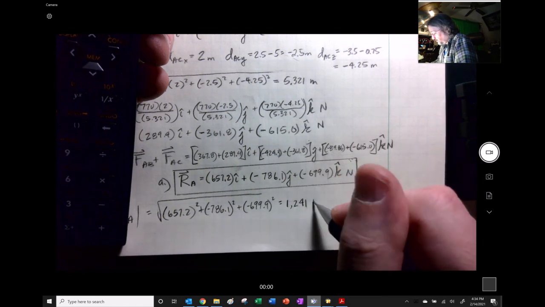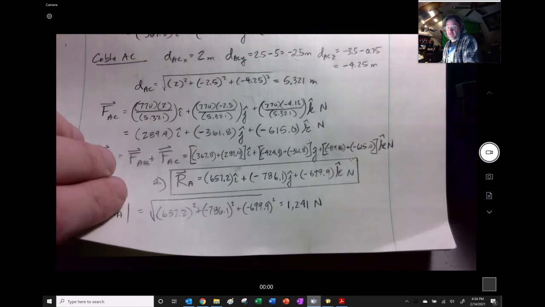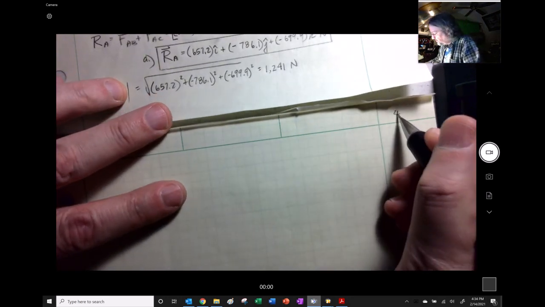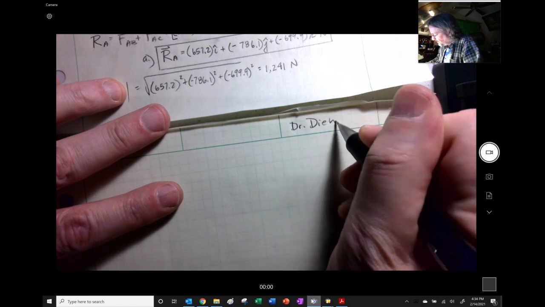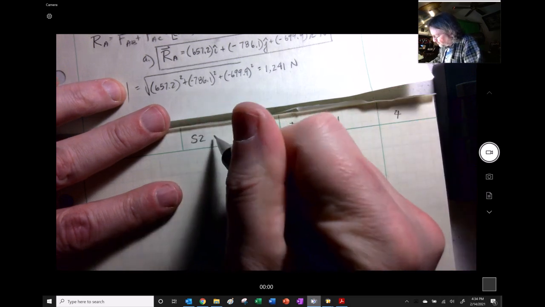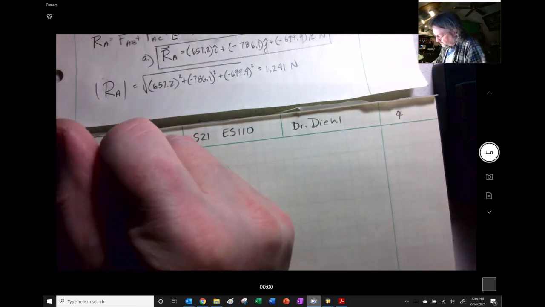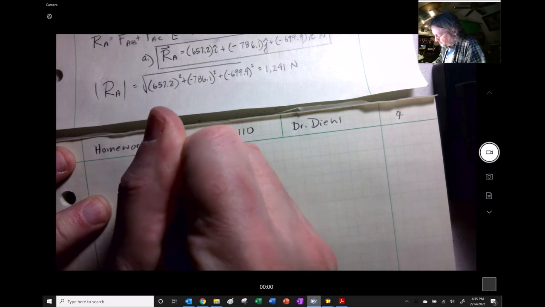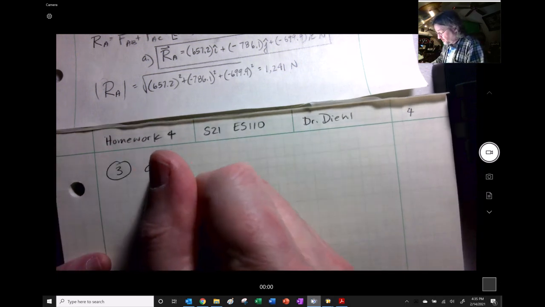1,241 newtons is the total magnitude of that resultant, right? So now we need to write up, this is page 4, and why stop now being thorough? This is problem 3 continued,